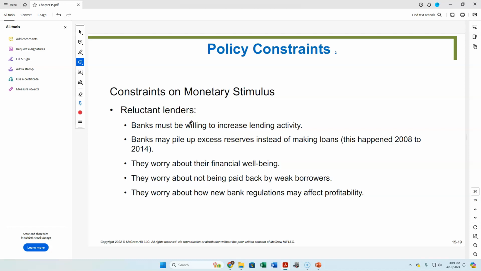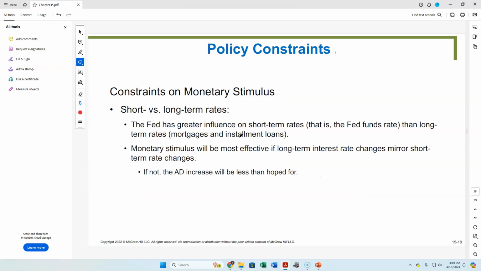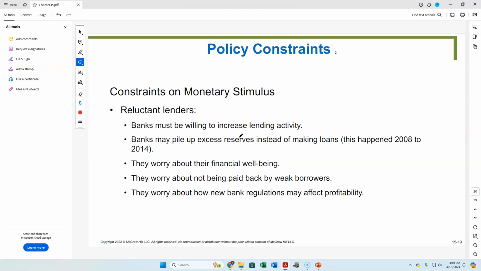Plus, what happens between 2008 and 2014 is that banks start to keep extra money and they just don't lend it out, right? And you can't make a bank lend out money. So what these two slides, slide 19 and slide 20, are basically saying is that as much power as the Federal Reserve has, it doesn't really have unlimited power. It can't make people borrow money, just as it can't make people save money. All it can do is increase the incentives for banks to lend out